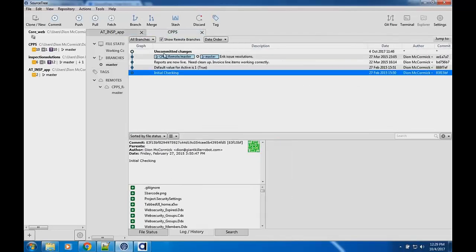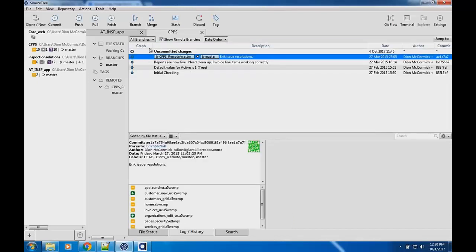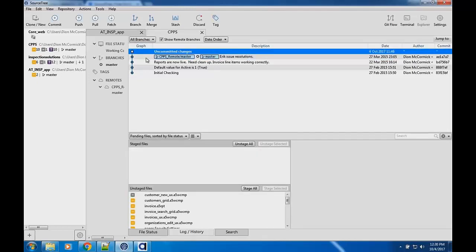Now, the other powerful thing about this is that you'll notice here I have a hollow area. This means here are the items in my folder that I have modified but have not been committed. This is the last official thing in my repository. I have that last official piece here, but here are all my current files that are ready to go. When I'm ready, I can do what's called a stage, where I mark the files I'm ready to commit. Once I stage it, I do what's called a commit, which will ask me for a description, and then it will update my repository and make that the head of my location here.